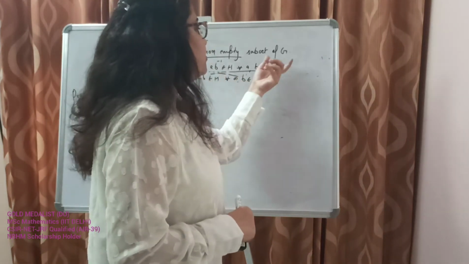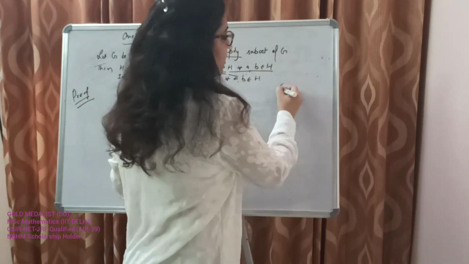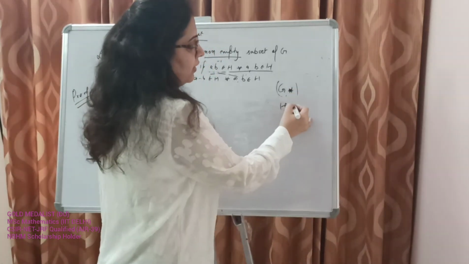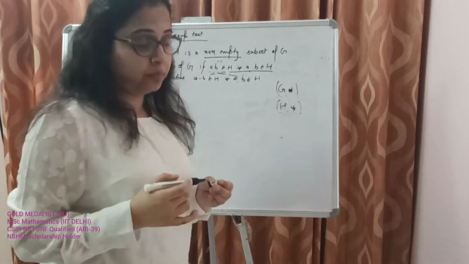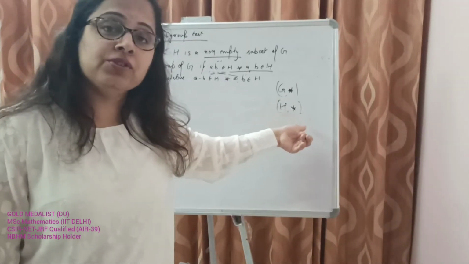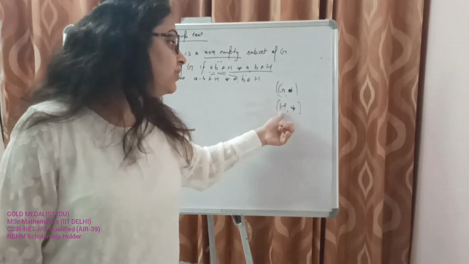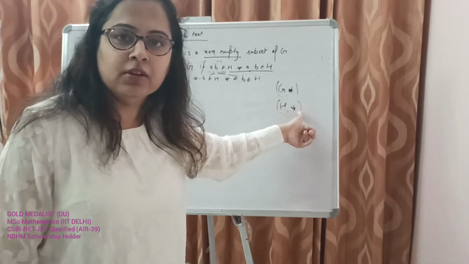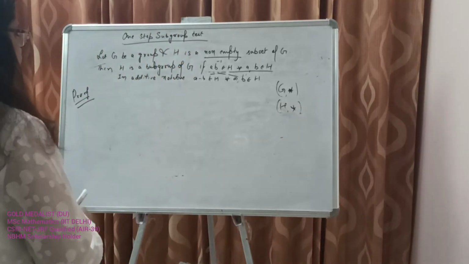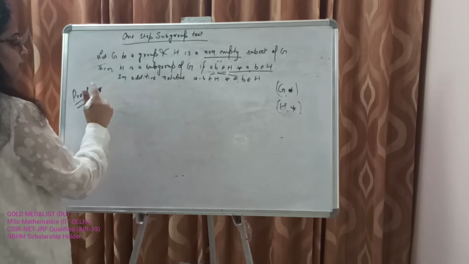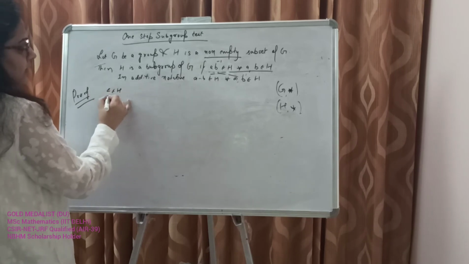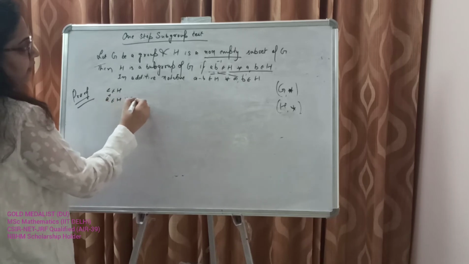We already know that G is closed under its operation star. We need to prove that H is also closed under this operation. Only then will it become a group, because when we define H to be a group, it has to be closed under star. If we are saying that H is a subgroup with respect to the operation of G, we will prove the closure property also. For now, we have proved that associativity holds, identity exists, and inverse exists for every element in H.